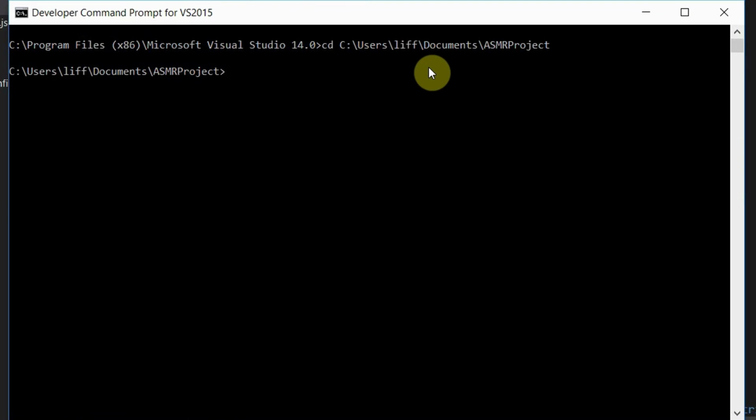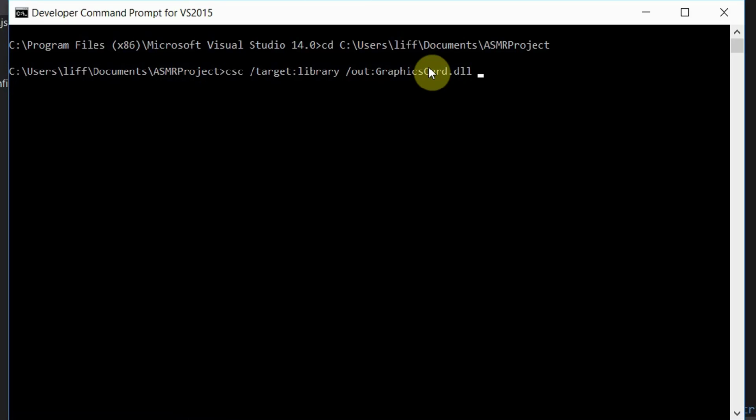There we go, navigate it there. Now I'm going to enter the CSC command to compile our graphics card class into a DLL. So it is csc /target. Our target is the type that we want, so you could have an executable. In this case, I want a library for a DLL. So /out, this is the name that we're going to want. I'm going to call it, keep it simple, graphicscard.dll,